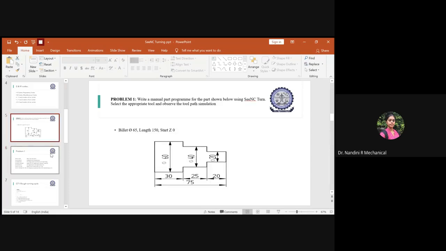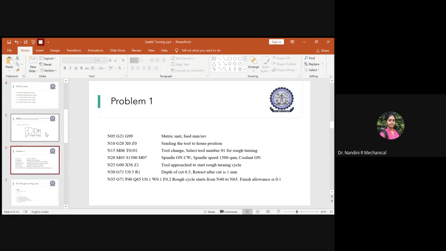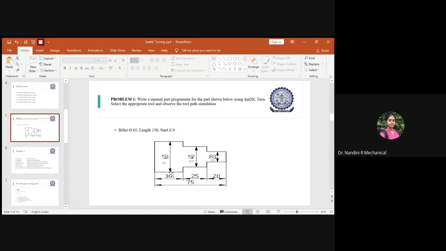Now we are just focusing on writing the part program to get the required shape. You need to do the turning operation. You cannot directly do the turning operation with the finishing end. First you should do a rough turning operation, then you will do a finishing operation. To start with, first you have to see the required dimension. The maximum diameter here is 60 and the required length is 75.